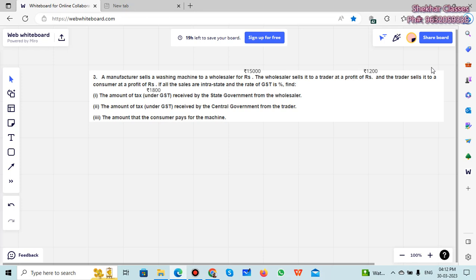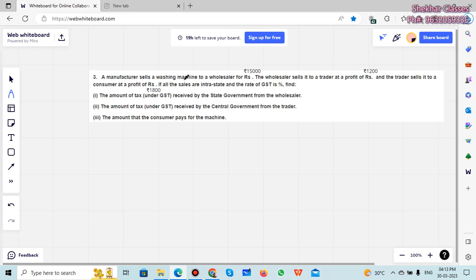A manufacturer sells a washing machine to a wholesaler for rupees 15,000. So the price is 15,000. This is the selling price from a manufacturer to the wholesaler. The wholesaler sells it to a trader at a profit of 1200 rupees, and the trader sells it to a consumer at a profit of